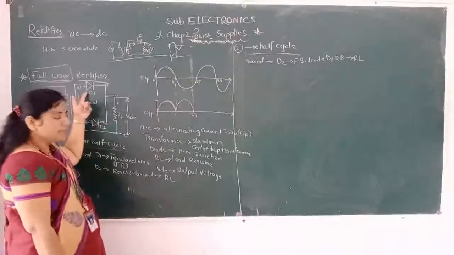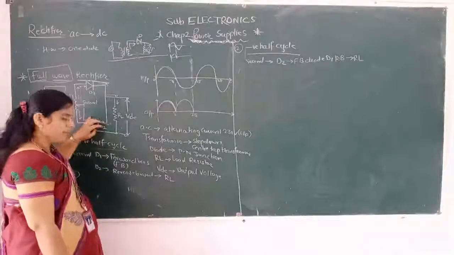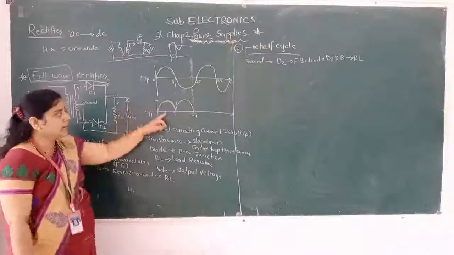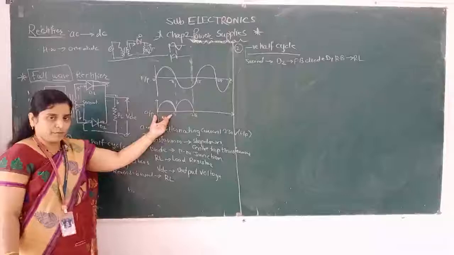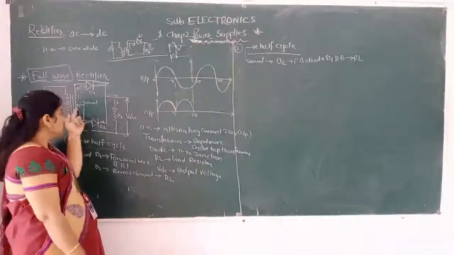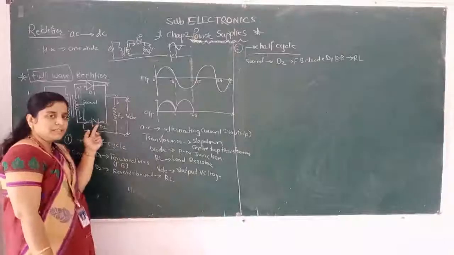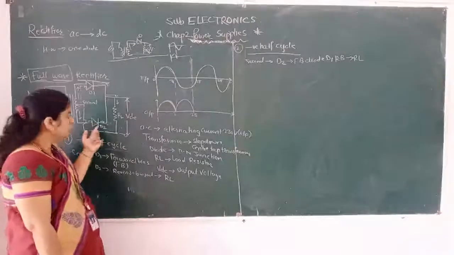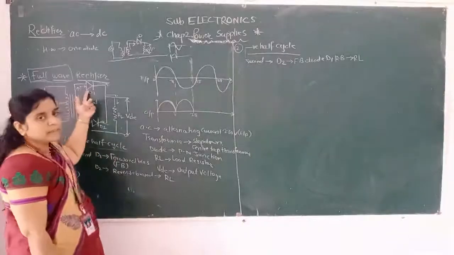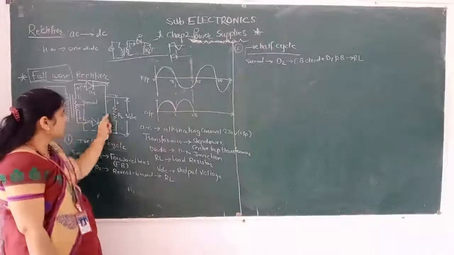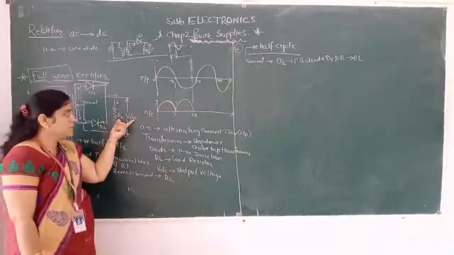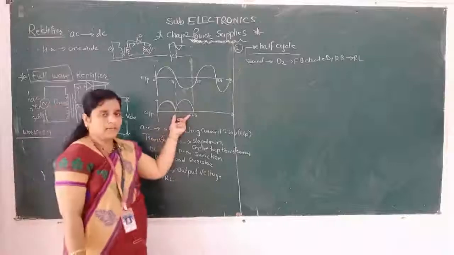So if diode D1 is forward biased, at that time D2 will be reverse biased. Therefore current flows through the load resistance RL and we get this output as a half wave. Half wave is rectified. In the other half cycle, what happens? The current will flow in this direction through diode D2. D2 will be forward biased and D1 will be reverse biased, and current will flow from D2 to the load resistance RL. That is, VDC will get another half cycle.